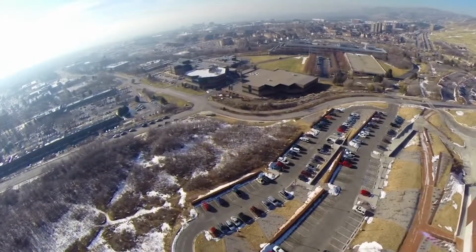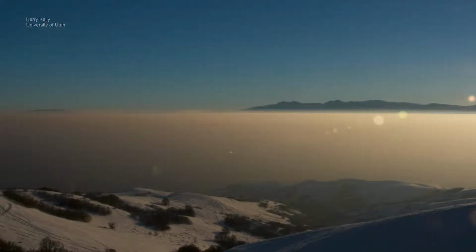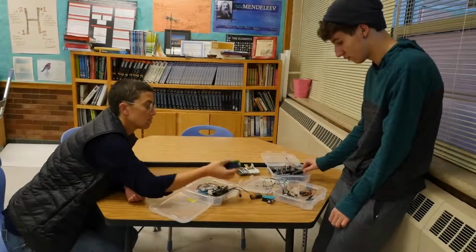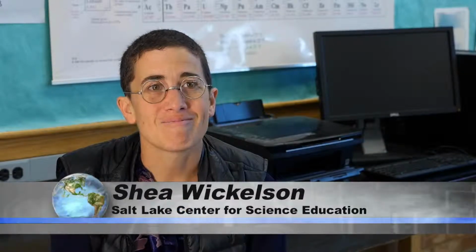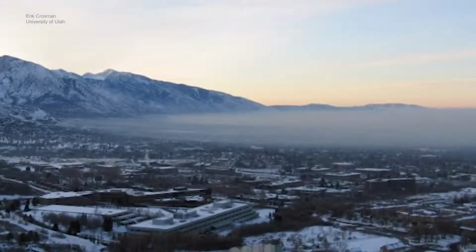So-called PM, or particle pollution, is a big issue in Salt Lake City. What looks like haze is actually tiny particles in the air that are so small you can breathe them in. Shay Wickelson is Julian's chemistry teacher. The majority of it is from cars and trucks. For kids growing up in Salt Lake, it's a part of their lives. We end up getting inversions, and the cold air gets trapped down here in the valley, and you end up